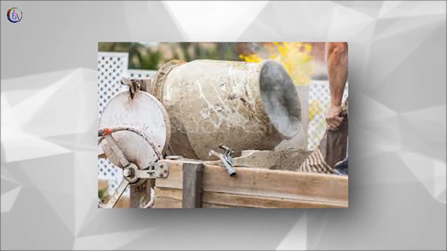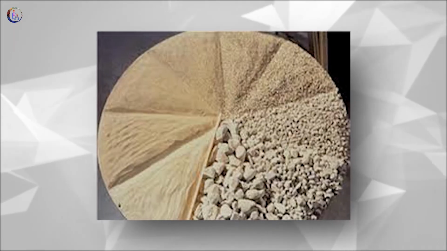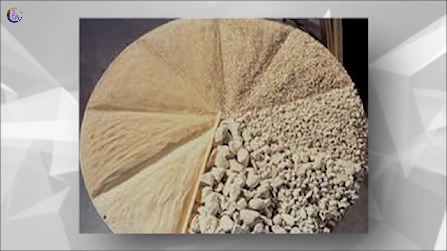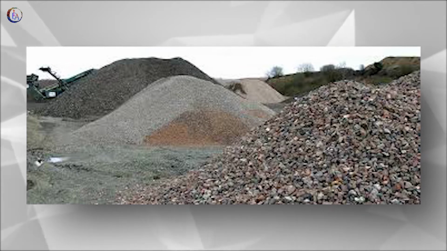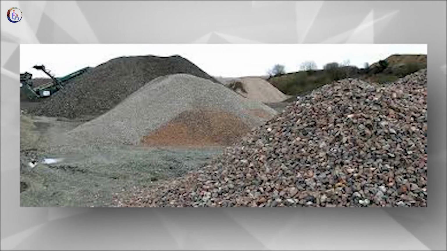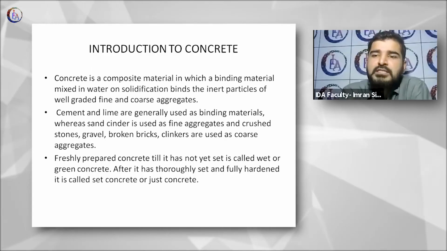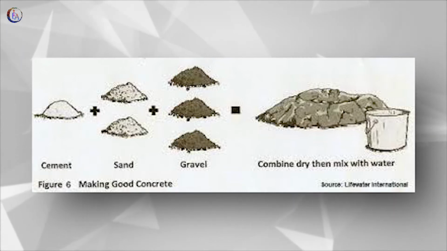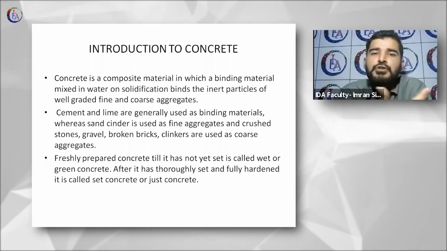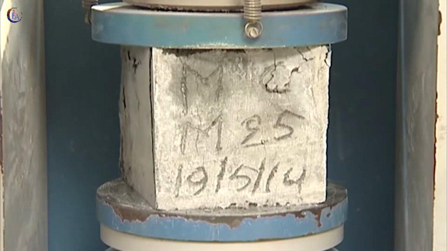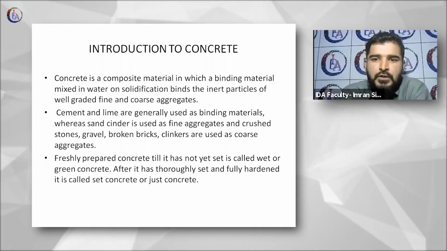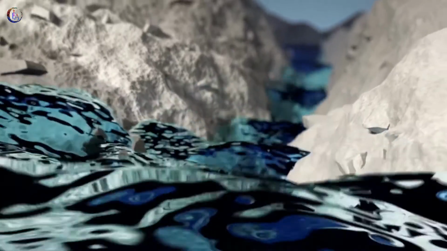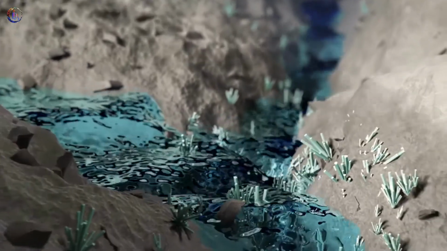Cement is a binding material, used with sand and the aggregate part, which are called grit, sometimes stones, big parts of stone. So it is a mixture of all this material, mixed in proportions of 1:2:3 generally. But the mixing ratios depend on the final compressive strength that you want. So it is mixed in those proportions with water to start the reaction, and within 3 hours it is poured.